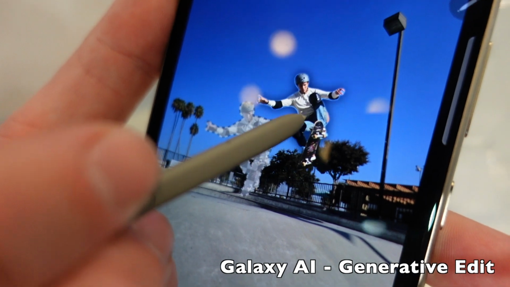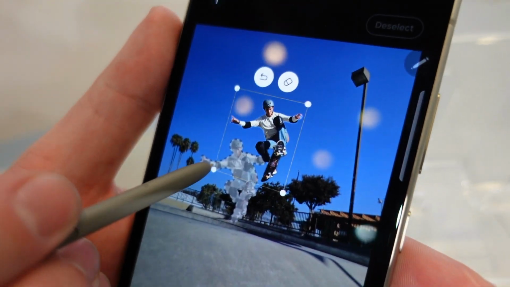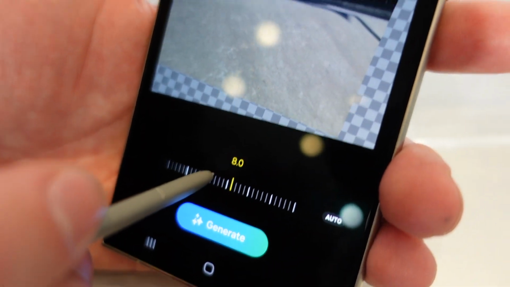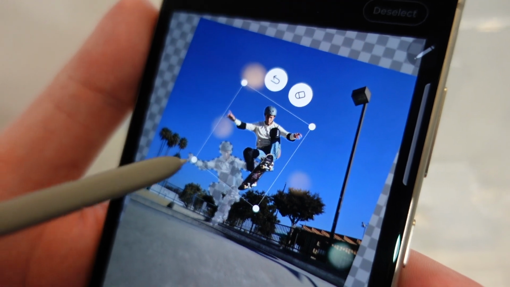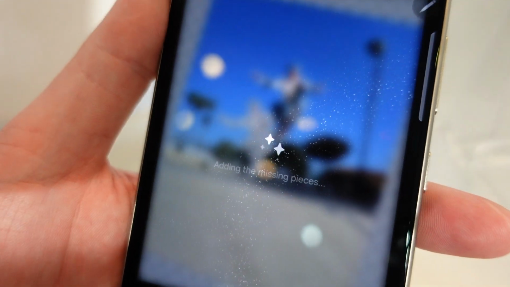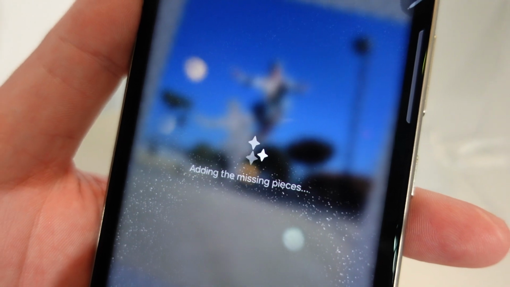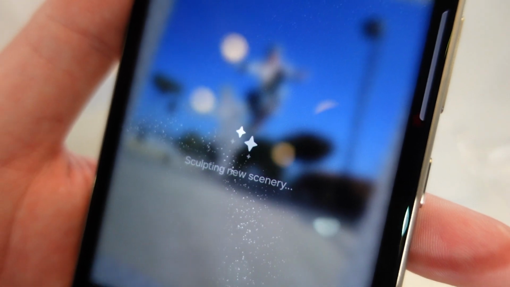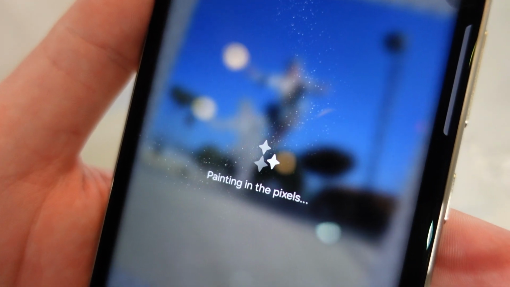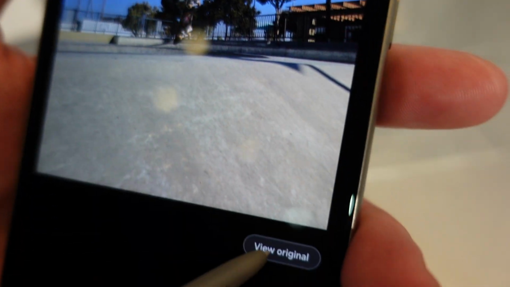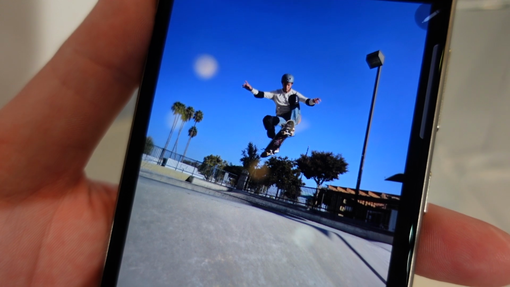Do a hard press. I think he was more up in the air. I think he was a little bit bigger, and my tilt is a little off, so we're going to have that. So now you have your negative spaces here and here. We're going to hit generate. Because it's a hybrid system, it's now working off the server, doing the AI, and finding the best solution to fill in those negative spaces. And then it goes ahead and moves. So now you have your original, how it was, and then what we got it to.